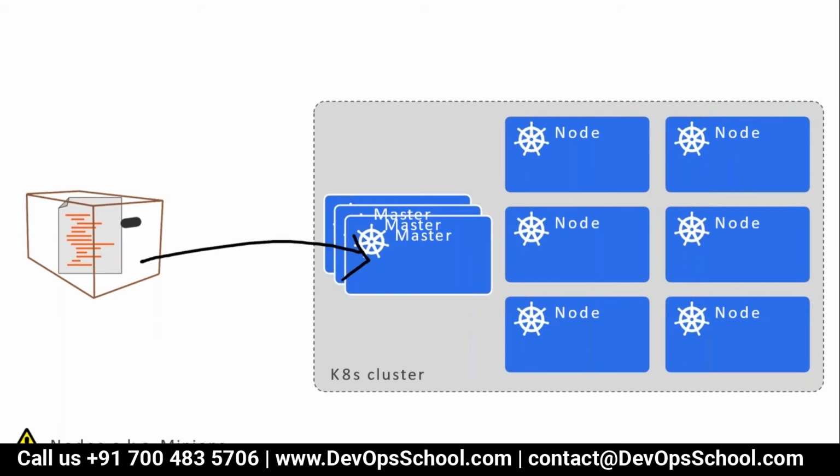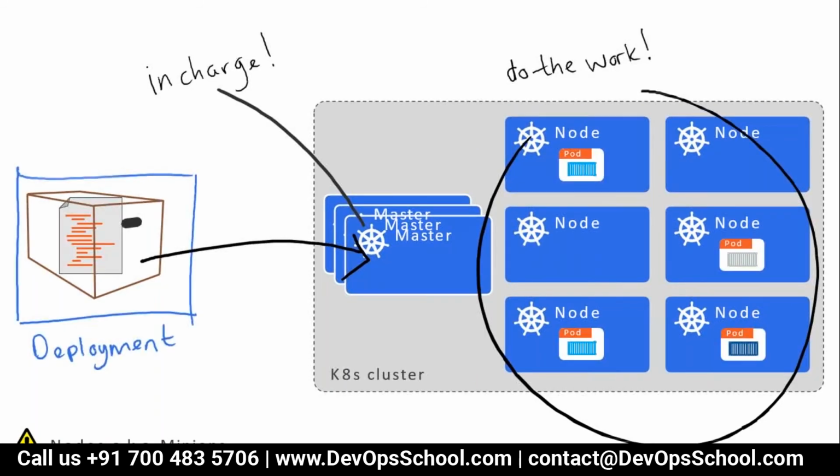And multiple nodes, anyways, you have multiple nodes. It can be one node, it can be multiple nodes, depending on the number of containers you want. So guys, what I have learned so far from this image is there is one Kubernetes cluster. In the cluster, you have a master and nodes. You can have multiple masters and multiple nodes, depending on the requirement. The master is controlled by the packages which we write, and the master controls all the nodes. With that, master is in charge, and the node is really doing the work.